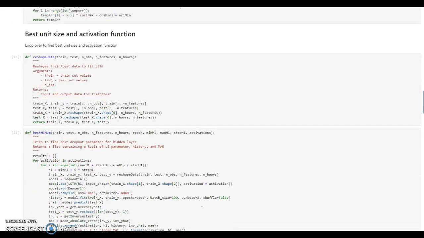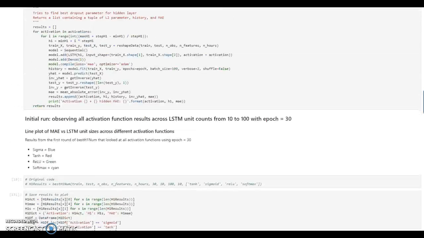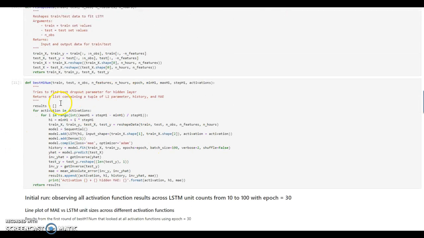Moving on to the gist of the neural network building, the first thing I did was to loop over different activation functions and different unit sizes in multiple attempts to see which hyperparameters are best for those two hyperparameters. And here are some helper functions for that. This is the reshape data function that reshapes the data to fit the LSTM layer. And then this is just a function to loop over the activation and the unit size variables,